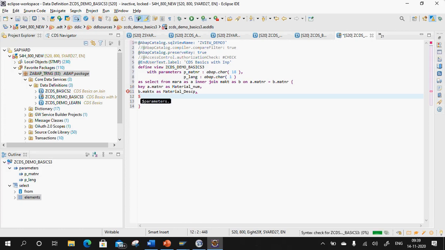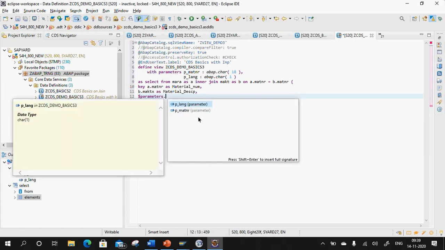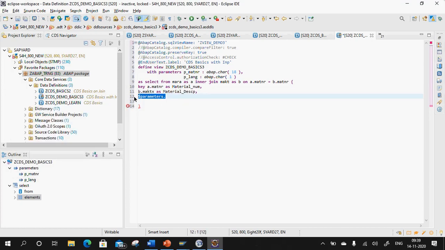Either way, you use $parameters dot P underscore language, this is one way, or you can use colon P underscore language. Sorry, this is not semicolon, this is colon P underscore language as language code. This is the language code that I am giving.